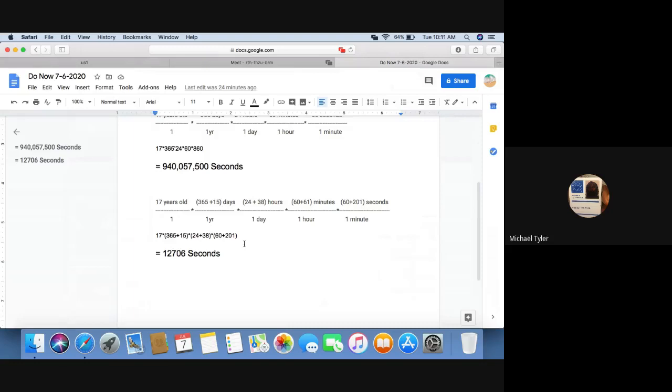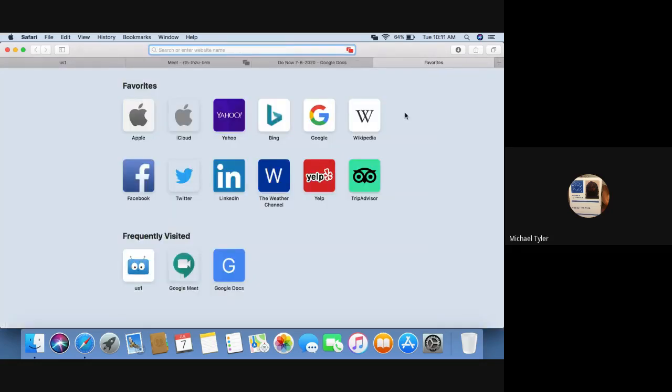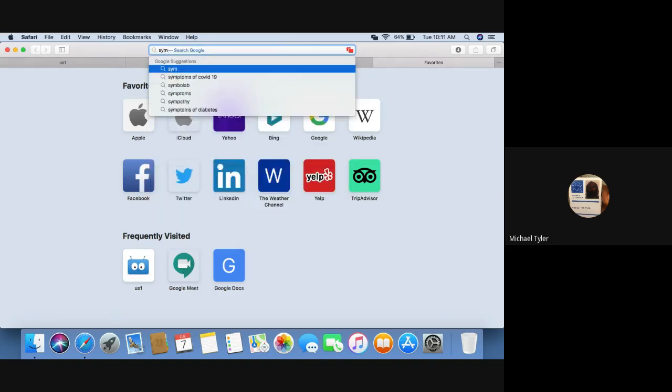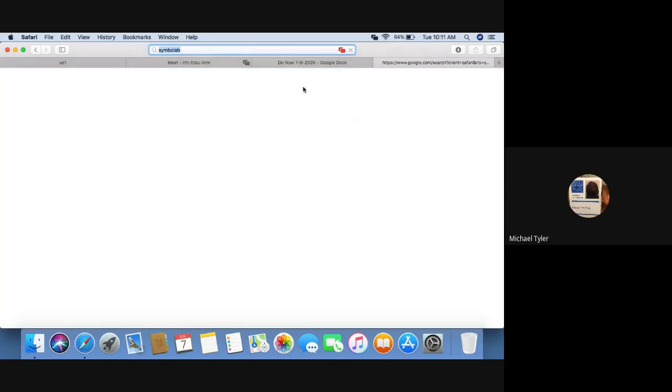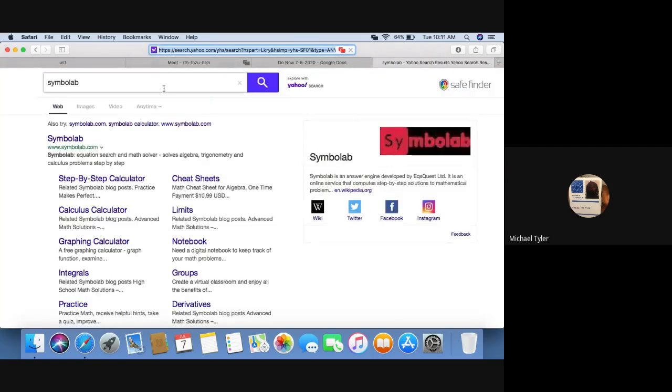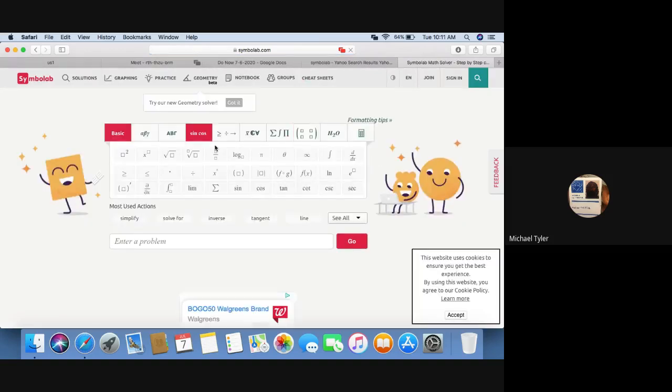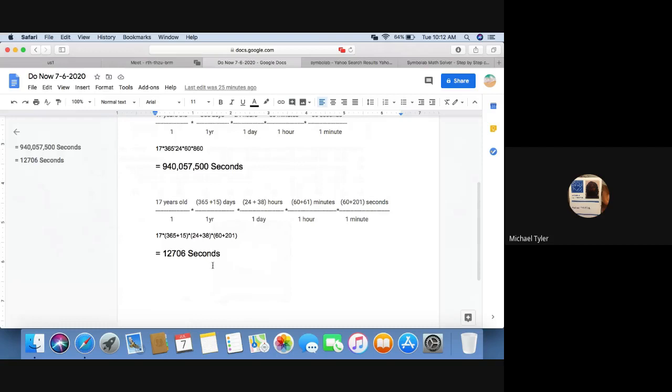So let's go through it slowly. Maybe you should use Simulab. Can you pull that up? Maybe that's a better calculator for you. It seems like Google is giving you a headache. There you go. And then that's how it's supposed to look, right? Yeah, this is the site. So what you do is if you go back to your problem, copy that calculation you got there.